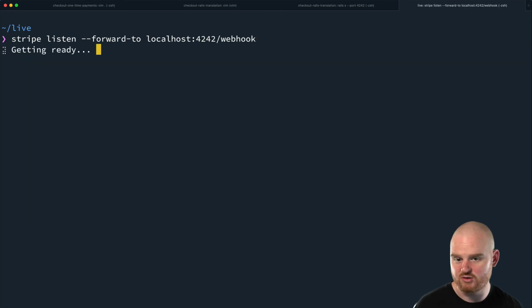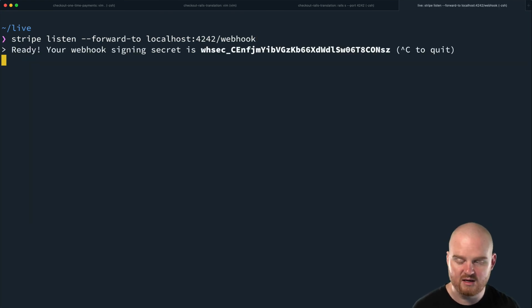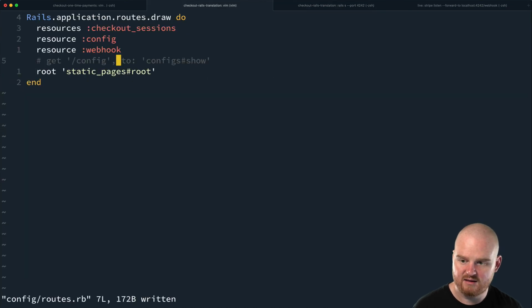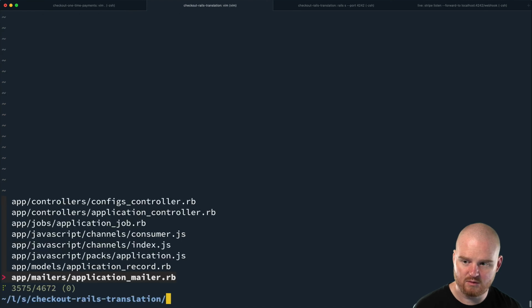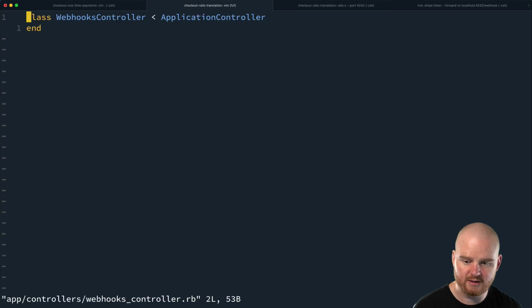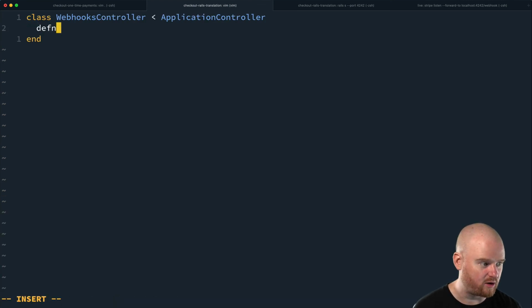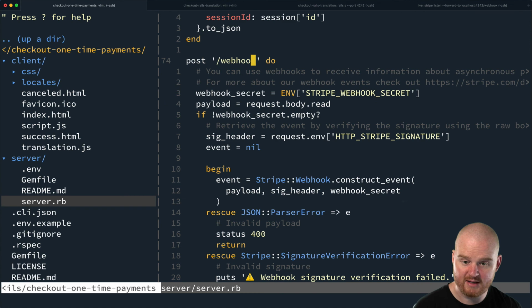This will set up a direct connection between my Stripe account and my local machine. And let's go to the webhooks controller and add a method in here for create, def create. This is where we're going to receive post requests, and then we can just copy this entire thing